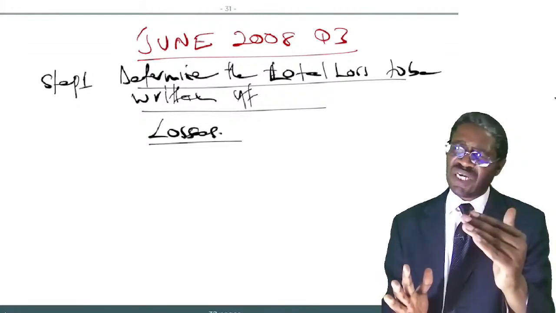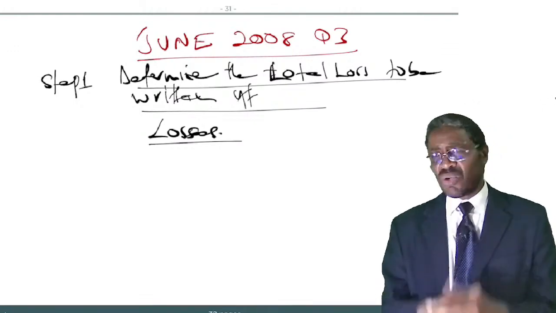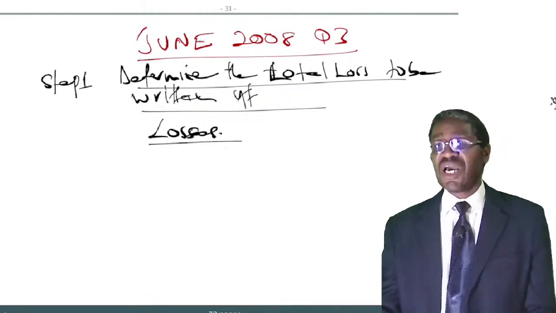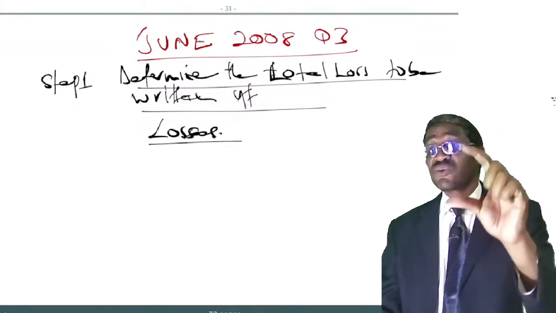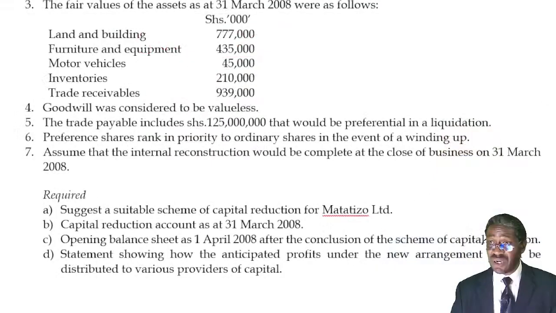Some of them will give us a gain. Some of them will obviously give us a loss. So let's just, for the sake of it first, identify which assets will give loss and which ones will give a gain. So let me project the question. If you look at note number 3, for example,